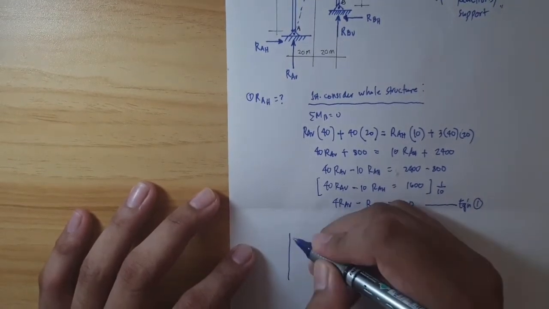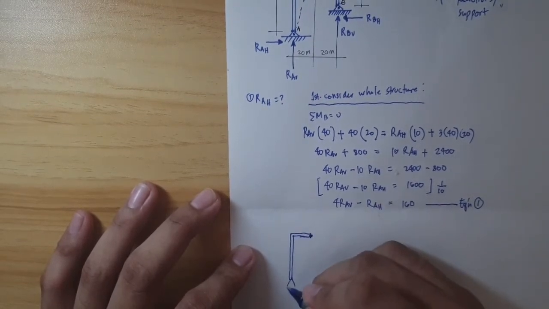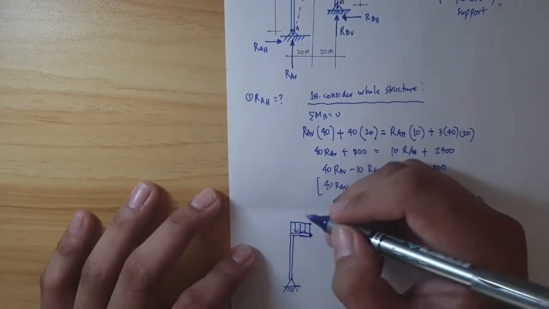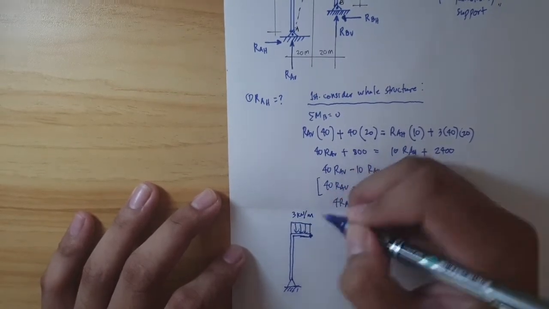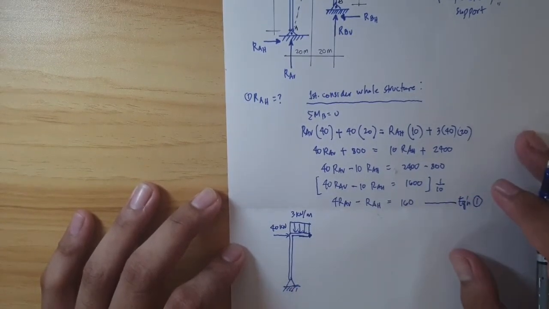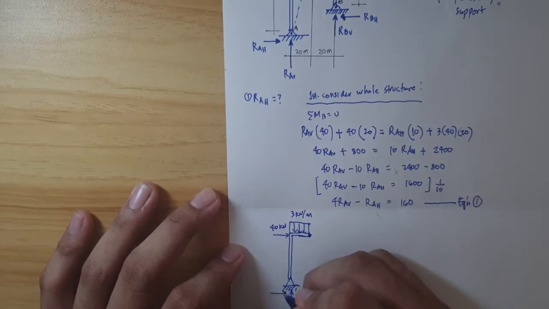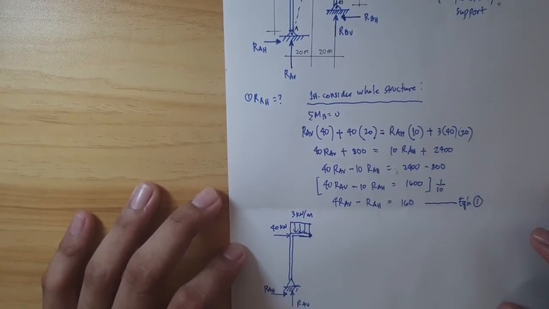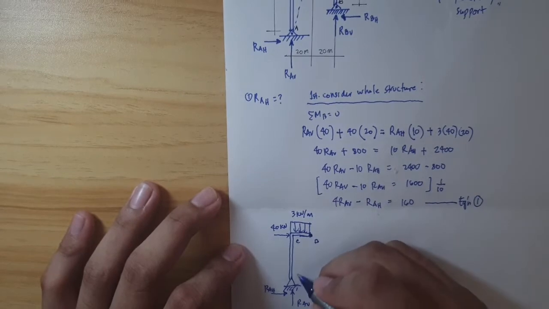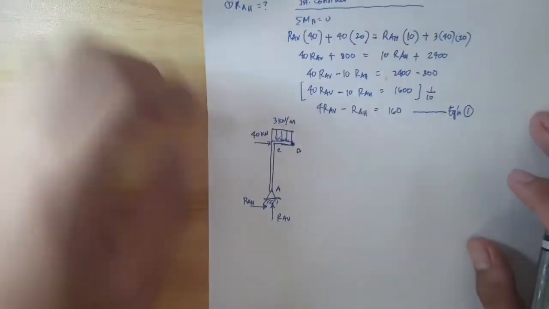Try to illustrate, no? So na kay still 3 kilonewton per meter, 40 kilonewton, RAV and RAH, C, D, and A. Okay. So,